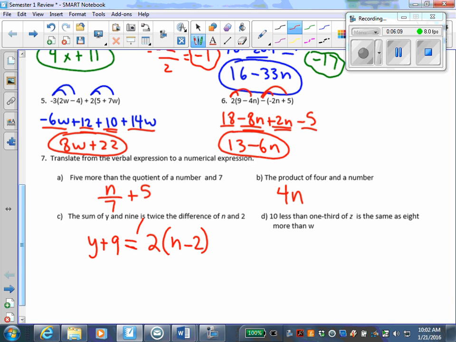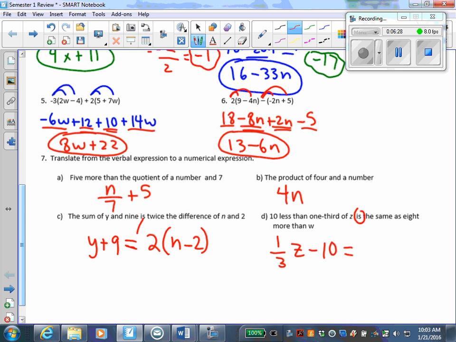10 less than 1/3 of z. So first I want to start with 1/3 of z. 1/3 times z, you could do z divided by 3. I want 10 less than that, so I'm starting with that and then I'm taking away 10. All right, so 10 less than 1/3 of z is, that means equals, the same as,